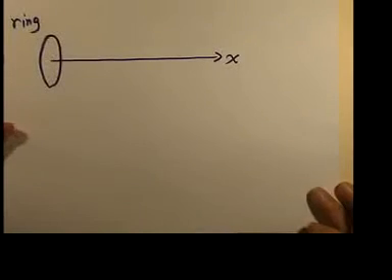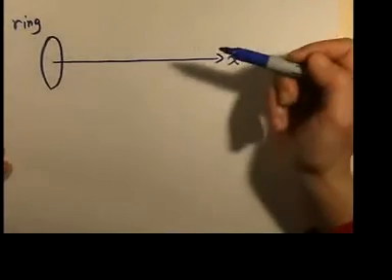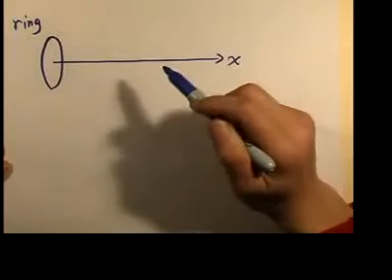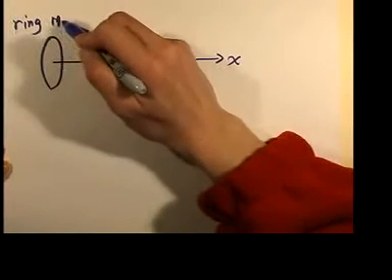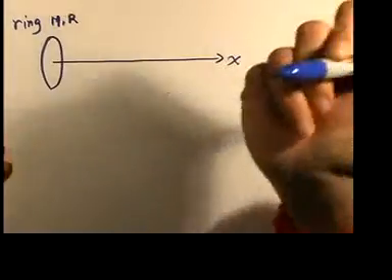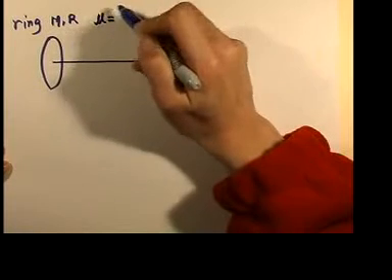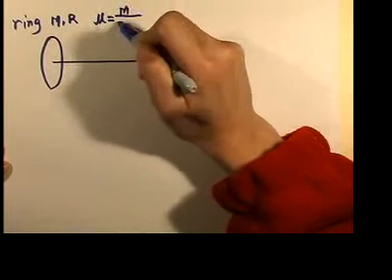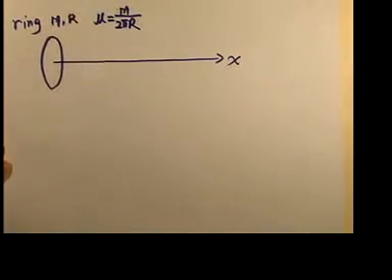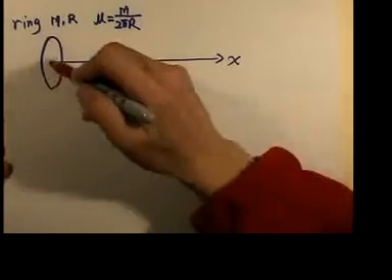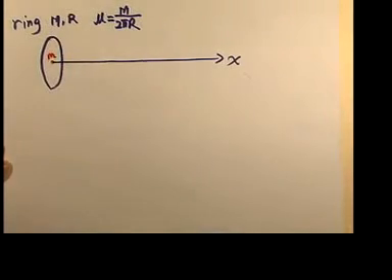If you still remember the problem that we encountered between a ring and a point mass. Okay, let's look at the situation again. This is a ring of mass capital M, radius r. This is a ring, so it's one-dimensional. Again, the linear density mu can be calculated by total mass divided by the circumference of the ring, 2 pi r. Now the question is, if I have a point mass of little m at the center of the ring,